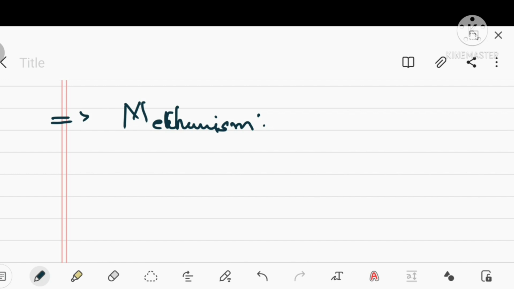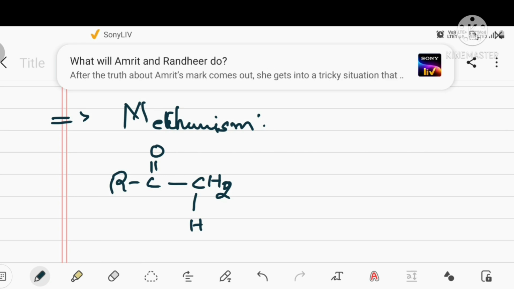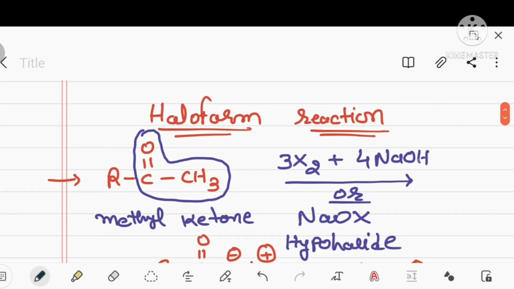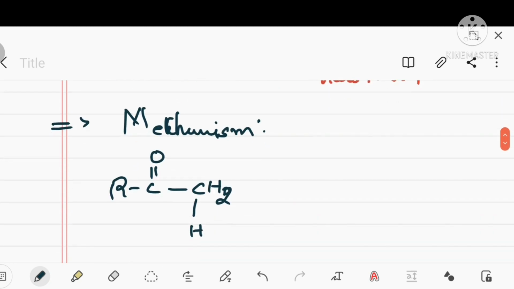It's our main purpose. First of all our initial compound is the methyl keto compound, so we are taking this methyl keto compound. I am writing it like this, CH2, and this H is here. Now you know that we are reacting with the base initially. Among this NaOH, one OH minus is attacking on this species.